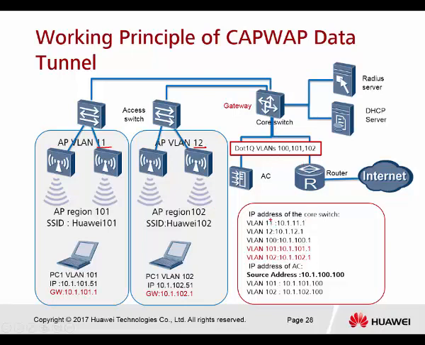Okay, let's look at this. This is a core switch. We have the VLAN IP addresses 11, 12, 100, 101, and 102. So basically, this is the gateway for everyone. Even for the APs, they also have to go through the gateway here. The IP address for the controller only has